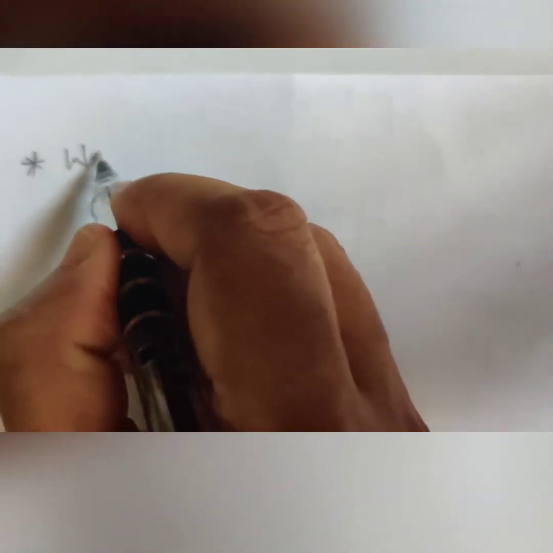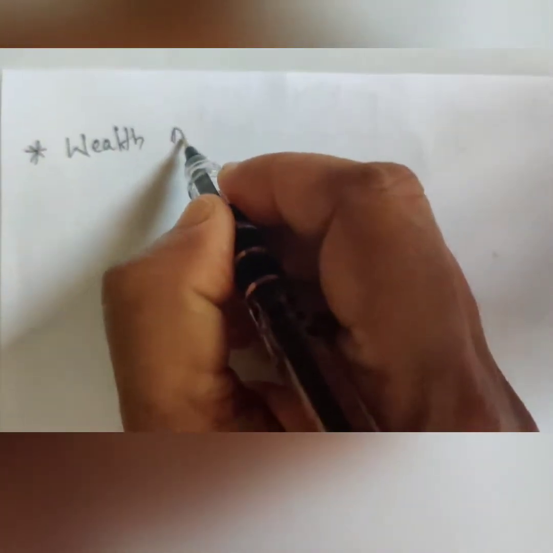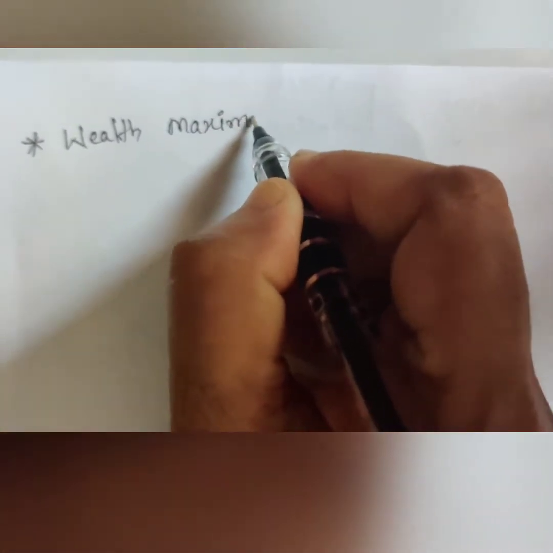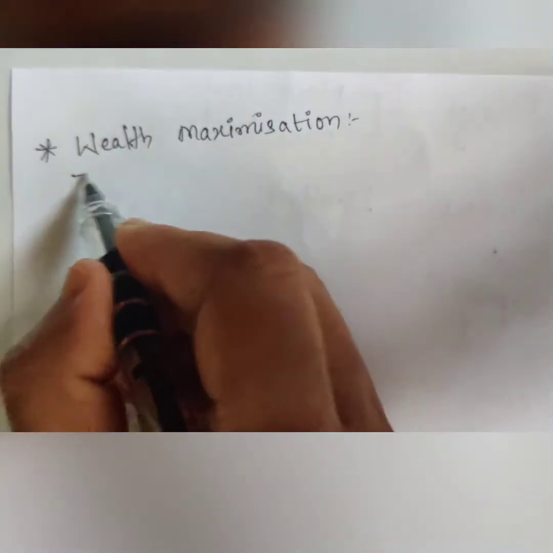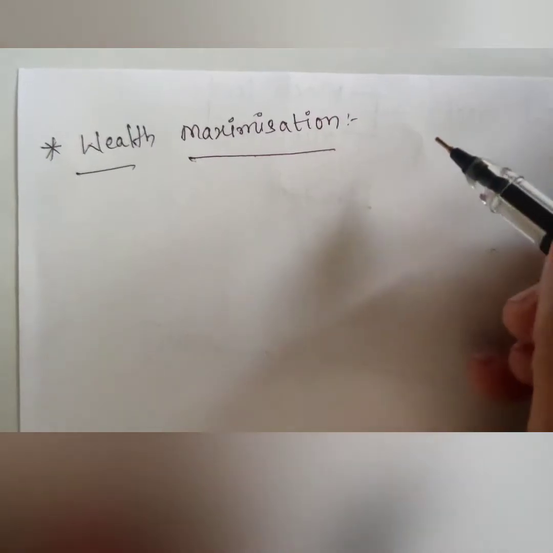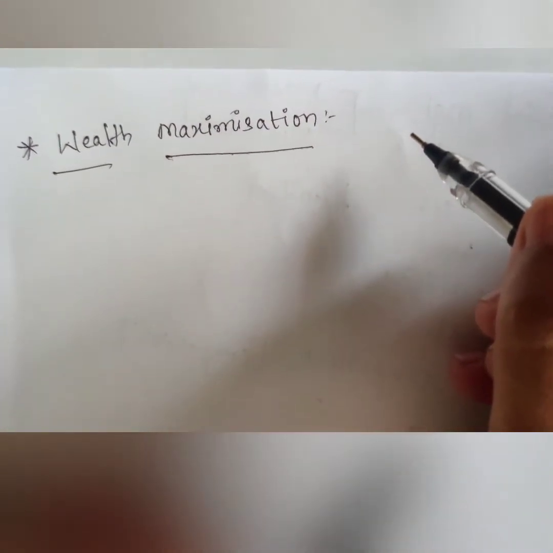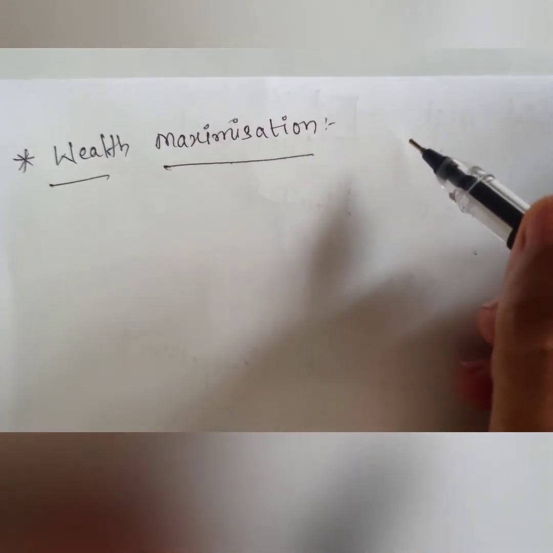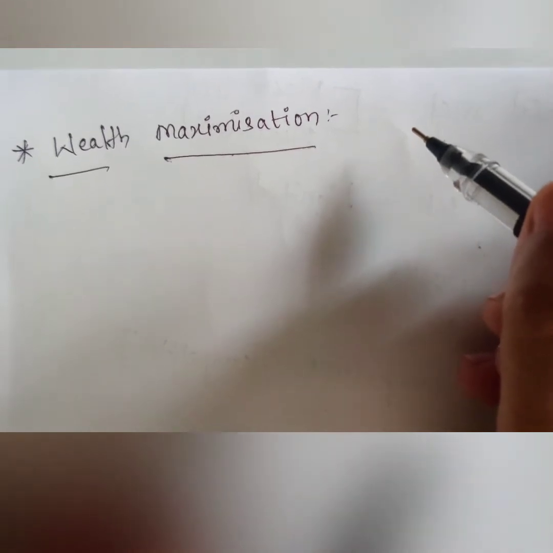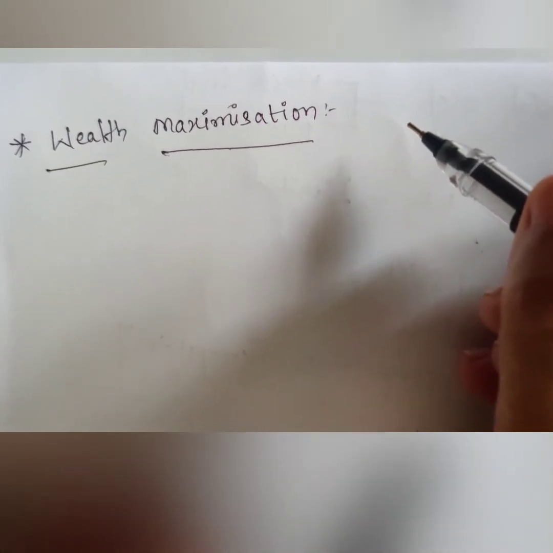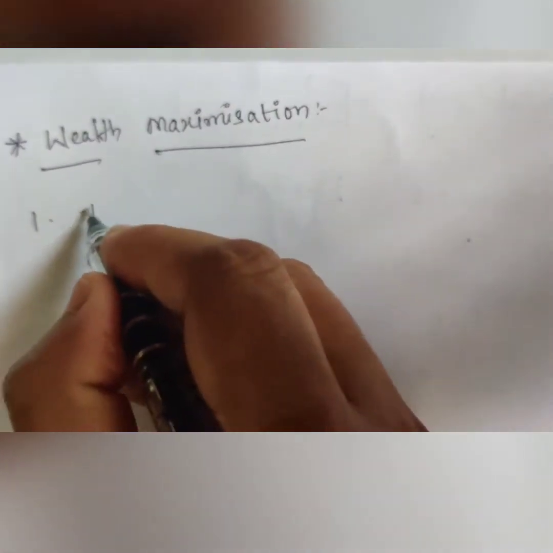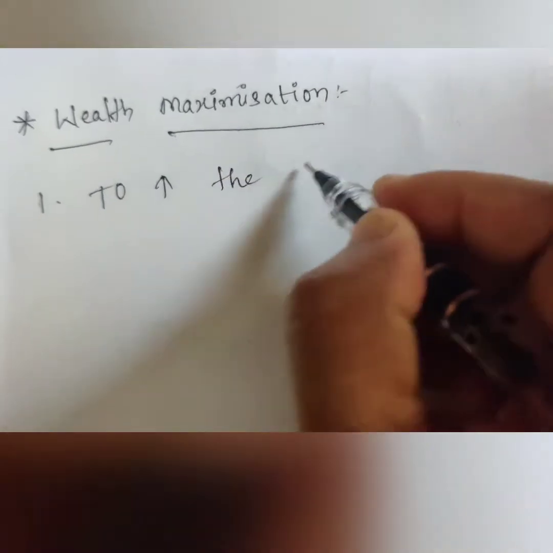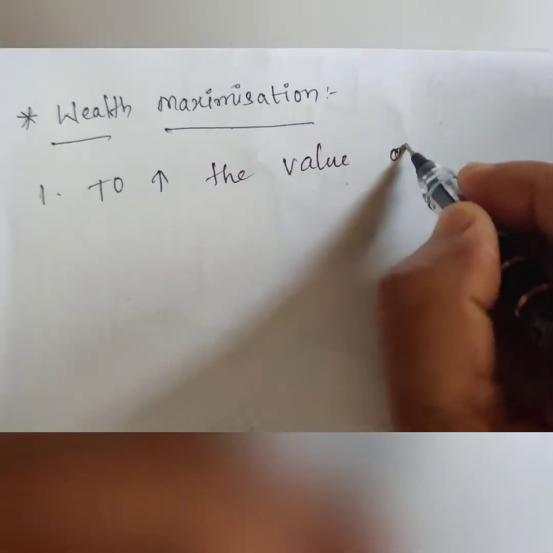The next objective of financial management is wealth maximization. Wealth maximization is nothing but creating wealth for the shareholder or increasing the value of the shareholder. It is a set of activities that manage financial resources to increase the value of stakeholders. When I say to increase the value of stakeholders,